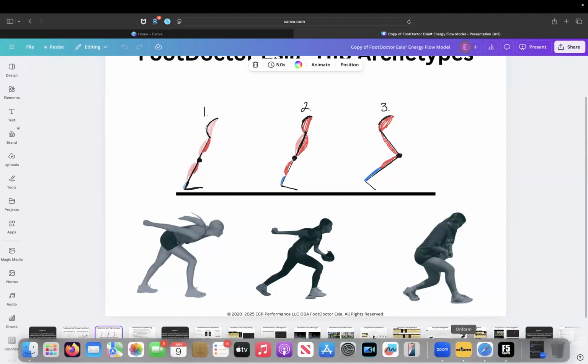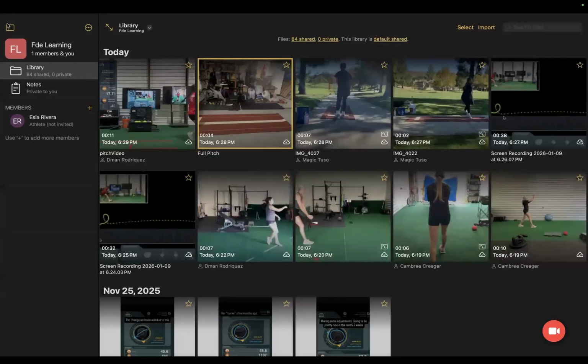And so what we understand from that piece, I'll give you